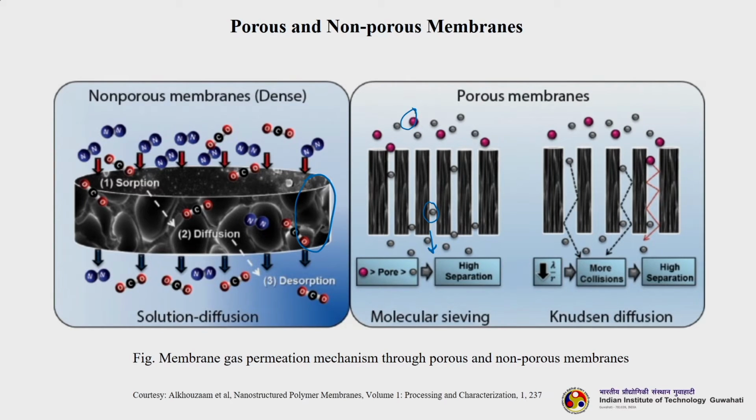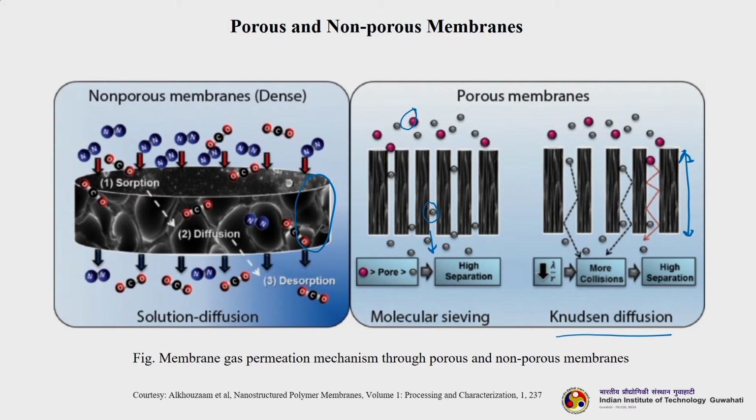And then Knudsen diffusion. Knudsen diffusion actually takes place for gas separation. A very high level of separation can also be achieved, and the particles which are smaller than the pore diameter will eventually collide inside the pore, along this length. You can call this the length of the pore. So, inside it travels.